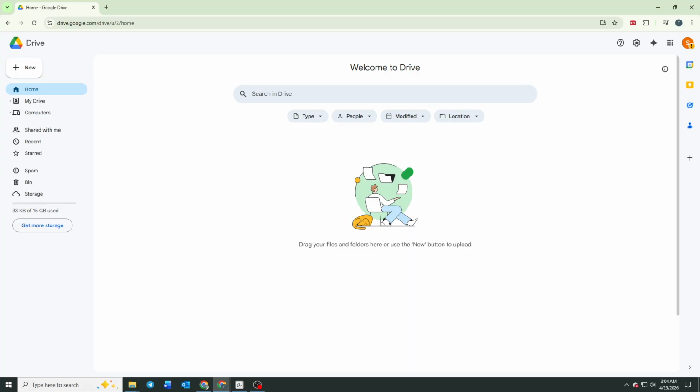To begin, open your web browser and go to the Google Drive website by typing drive.google.com into the address bar. If you are not already signed in, you will be prompted to log in. Make sure you are using the correct account that has been granted access to the shared document you want to edit. Once you are successfully logged in, you will arrive at your main Google Drive dashboard, where all your files